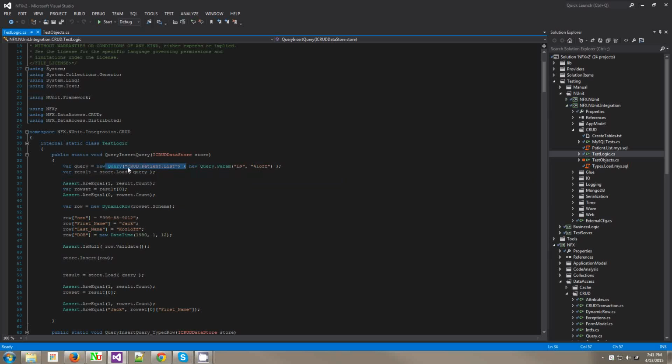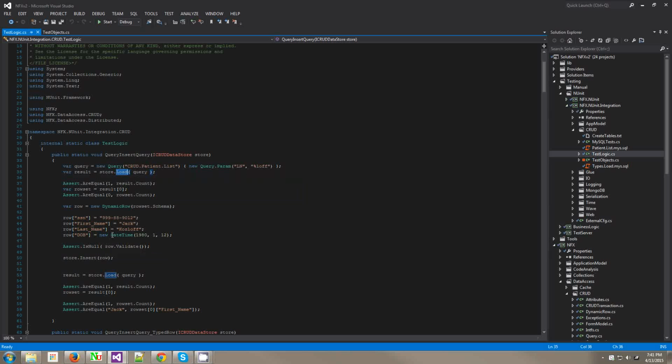Anyhow, so I declare this query and then now store load query. I execute the query and I load the result back. It doesn't open any cursors. I mean, it may open it on the server for a few microseconds, whatever, to load information, but it's a disconnected model. Okay, so now my result variable is just a list. So I see that I got one result set, I get my row set, and then